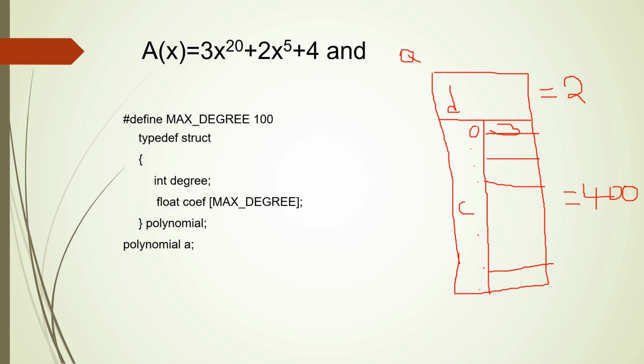And there is no coefficient for the degree 19, so therefore 0 is stored. There is no coefficient for the degree 18. Like this, it will keep storing 0. So how is the first method going to store the terms of the polynomial? The coefficient of the term with the given degree is going to be stored. If the coefficient of a given degree is not available, then it stores a value 0. So the major disadvantage of the first method is that it will simply store the value 0, and a lot of the locations will get wasted by storing a value 0. The element with the value 0 is of no use, so therefore it's going to waste the space.